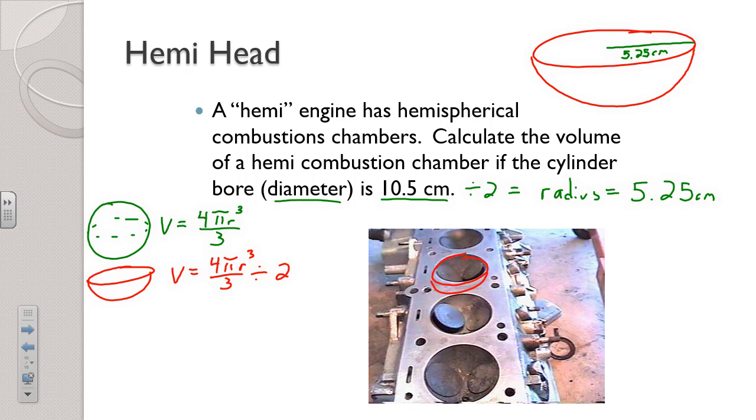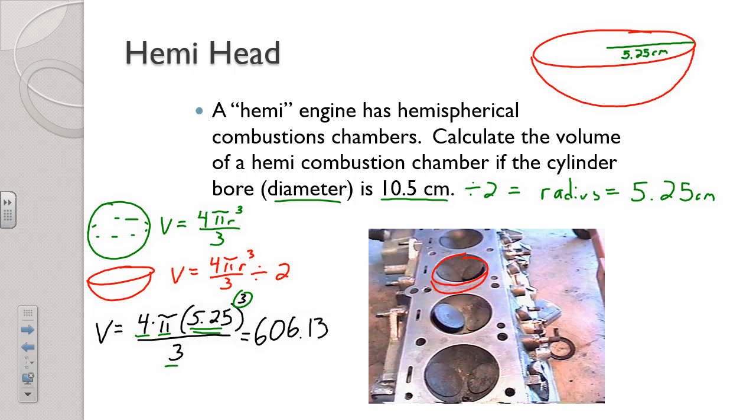So let's crunch that. Our volume here is going to be 4 times pi times our radius of 5.25. Now be careful, that needs to be cubed. I want to make sure you type that into your calculator. That's really 5.25 times itself 3 times, and we're going to divide that by 3. Go ahead and do that in your calculator. Make sure you start with the exponent. 5.25 times itself 3 times, then times pi times 4 and divide that by 3. If you do that, you'll get